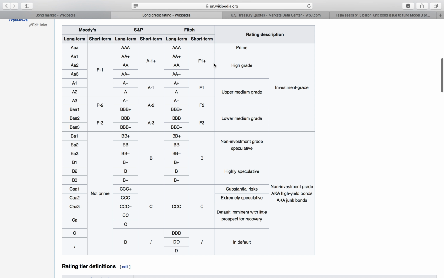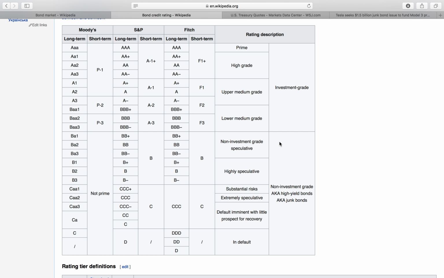Generally speaking, the higher grade the bond, the less coupon it's going to pay, coupon being the percentage again, because there's less risk that they're going to default. There's less risk that this company, or government for that matter, is not going to be able to pay it back. That's what these rating agencies and ratings are. If you have a very low quality company that needs money, they're going to have to pay a higher coupon, because there's a good chance that when the maturity comes, they won't be able to pay it back.